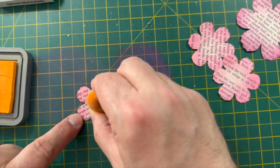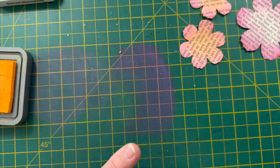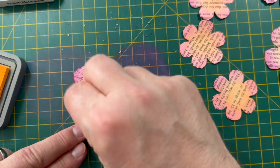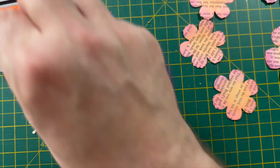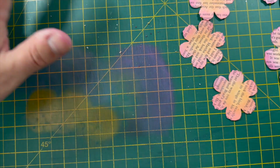So I've got 2 different colour oranges, a honey and a kind of brighter orange, and I went in just into the centre with the mid-coloured orange, because I decided I'd save the really dark orange to use for the stamen that's going to go in the middle. So I was just working my way around the flowers, mainly dabbing on with the sponge, not really pulling, not doing anything too shocking for the paper, because as I've said, it's only quite thin pages